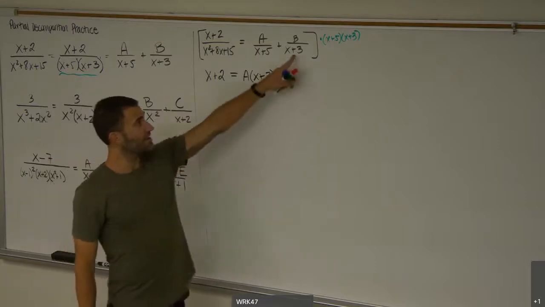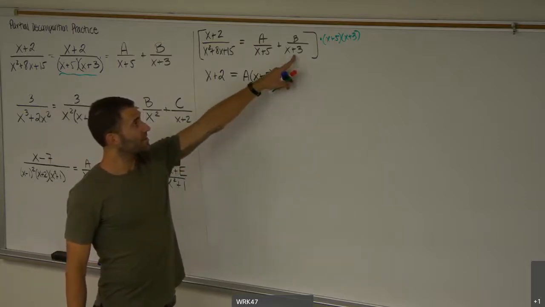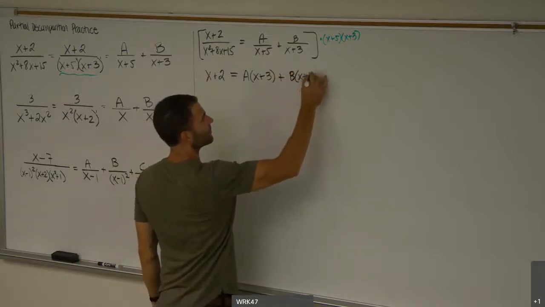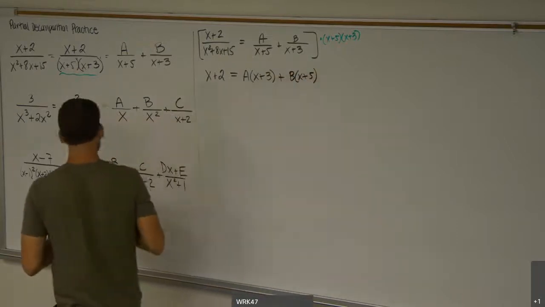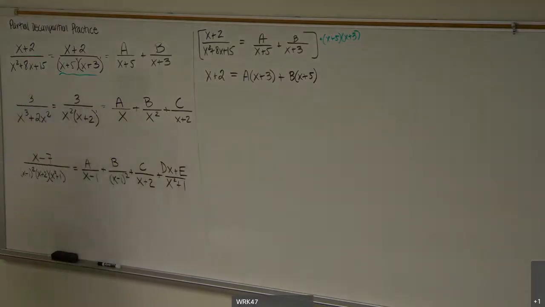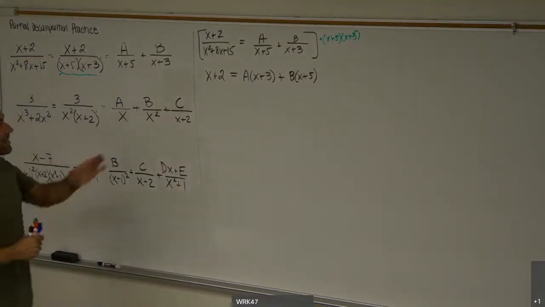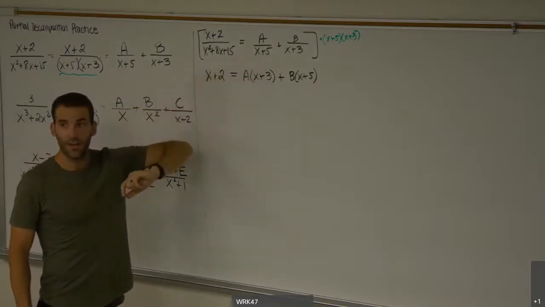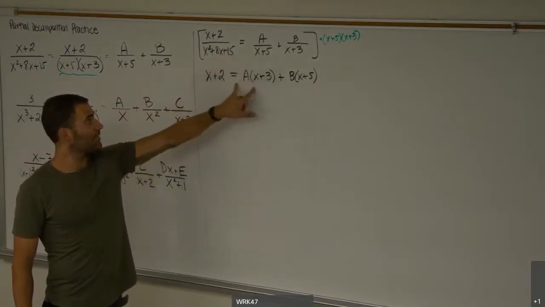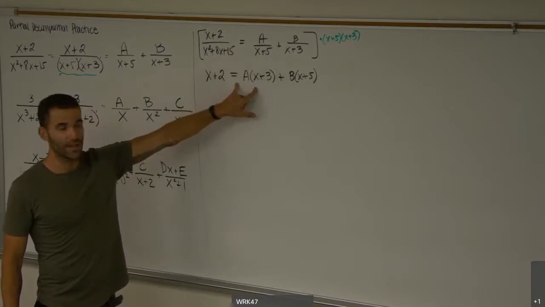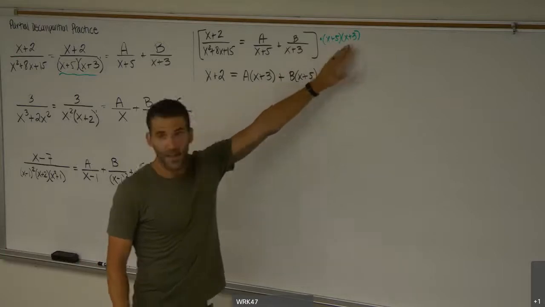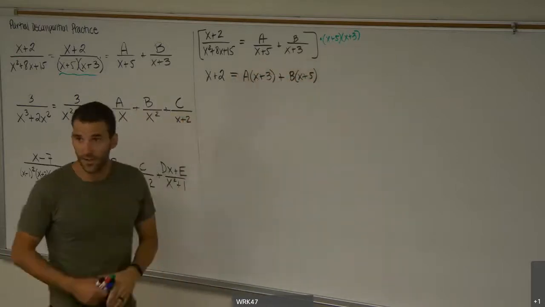When I multiply into the second term, the x plus 3's cancel, leaving me with B times x plus 5. And now we need to solve for A and B, right? So I've just taken the decomposition I've written out, and I need to find A and B, so I've cleared my fractions first by multiplying through by the denominator. Specifically, again, the factored form of the denominator. That way you can see what cancels in every term,